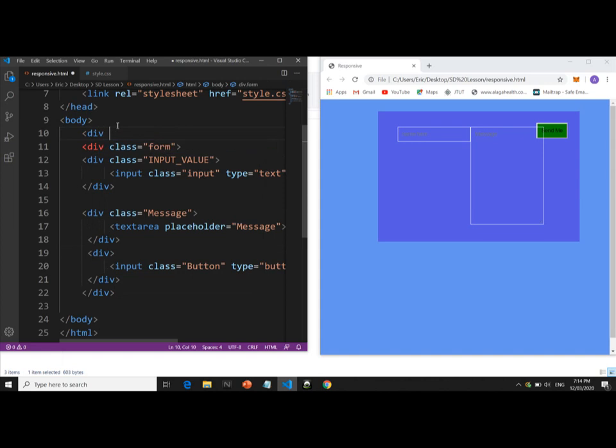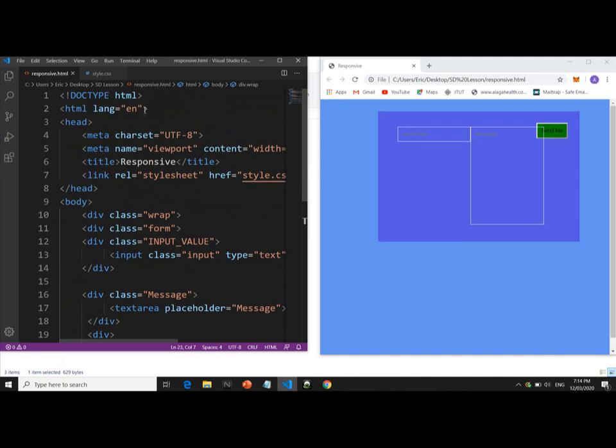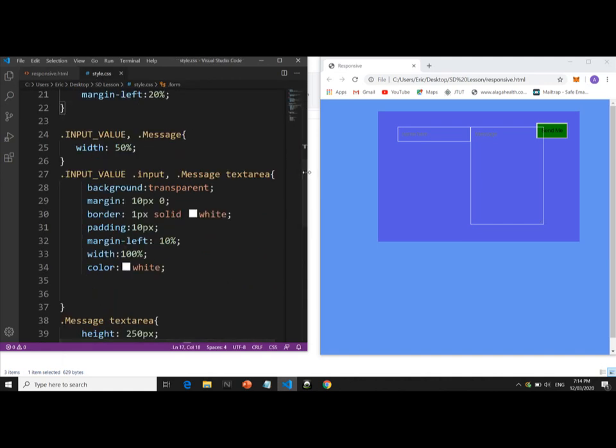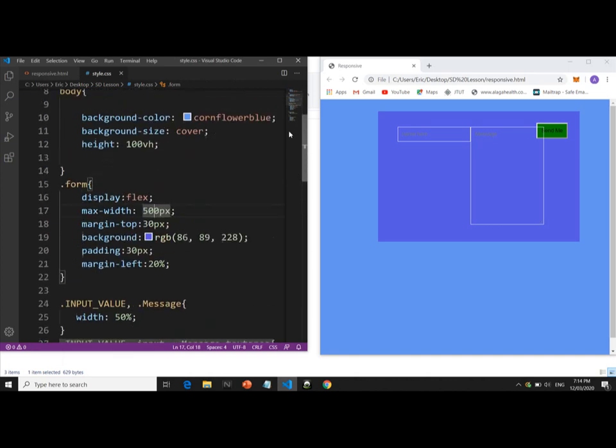So div class would be something like wrap, so that I could create a wrapping of this form, actually the whole form. So we got a wrap class here. Let's create a wrap here